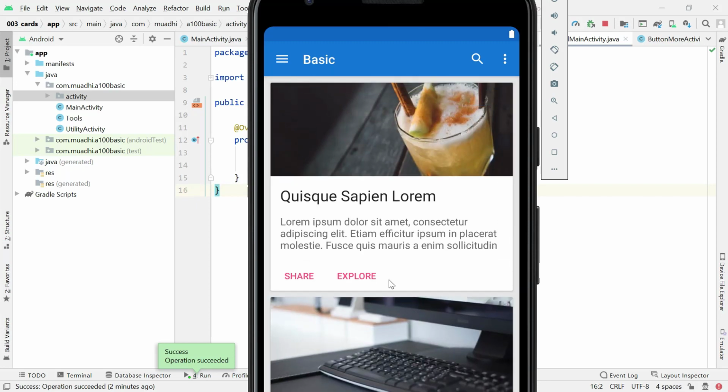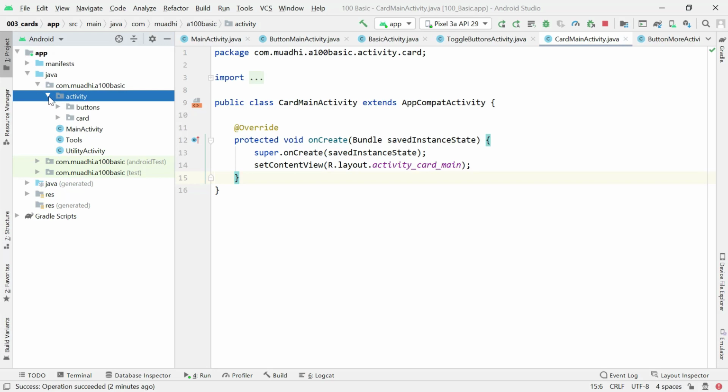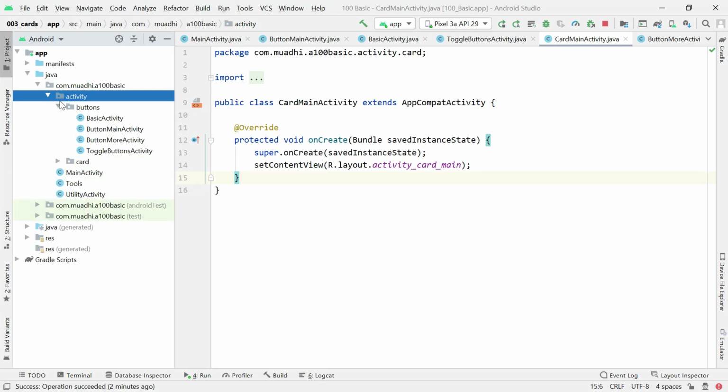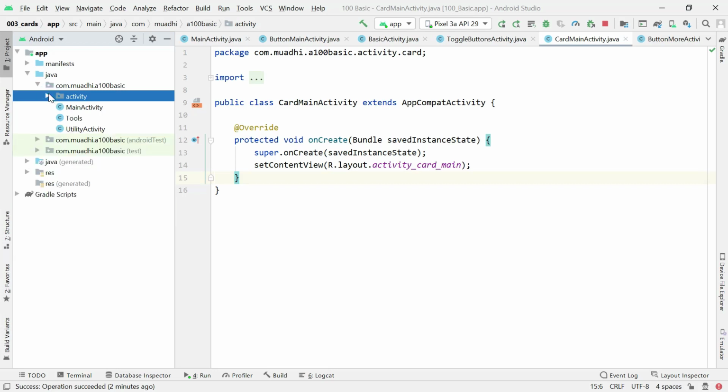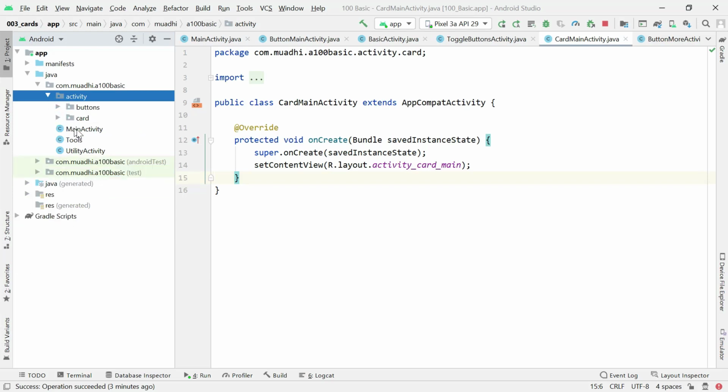Now let's get started. I realized that this series is going to be a long series, so I decided to start organizing our code so that if you download this code, you should be able to trace which video, which content, which activity is following the other, and which video is talking about which particular activity. So I decided to organize our project, our activity, our elements into packages, whereby I created a main package of activity, and then under activity is where you can find the cards, and you'll find here everything about the card, and also under the buttons package you'll find things about the buttons. So when we run our application this time, it's going to look like this, so that it will be simple for you